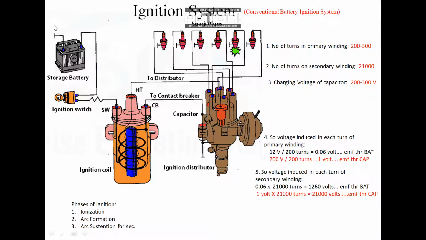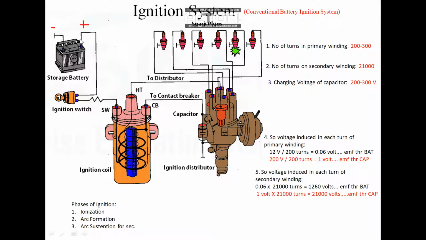The negative terminal of the battery is grounded, or earthed, and the positive terminal of the battery is connected to the further subsystems. This is your positive terminal. How to identify the positive and negative terminal is simple. The terminal having the smaller diameter can be identified as the negative terminal. The terminal having a somewhat bigger diameter is your positive terminal.